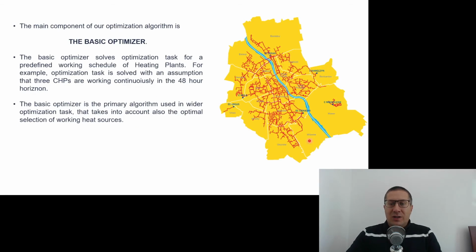Right, so here we have one heat source, here we have another heat source. So if there was a cold night, the water temperature in this heat source was increased, and the same was made to the water temperature in this heat source. They had the same values. So if we were trying to find a correlation, to find a model that predicts the temperature, let's say in this part of the network, in the northern part of the city, how it will respond to the changes in the heat sources,